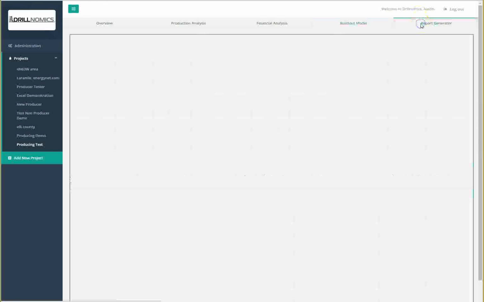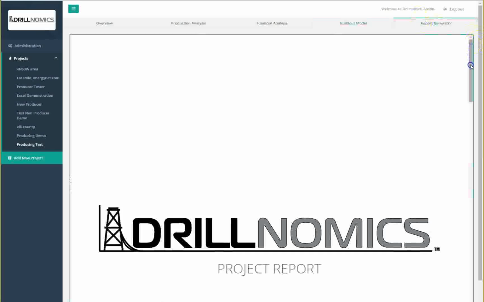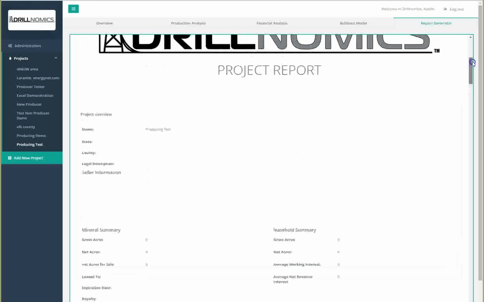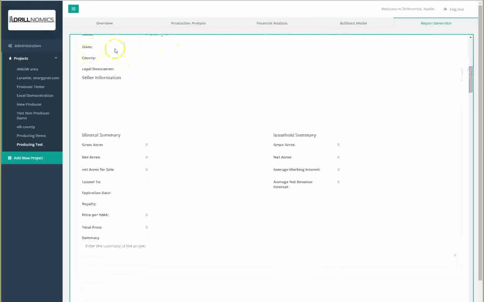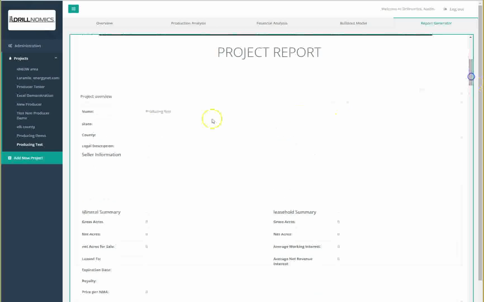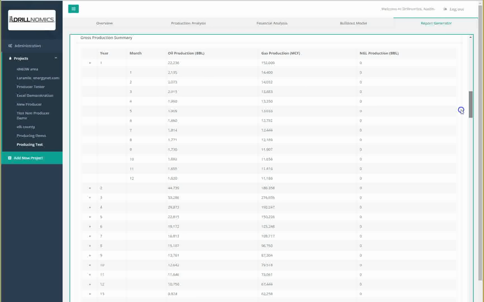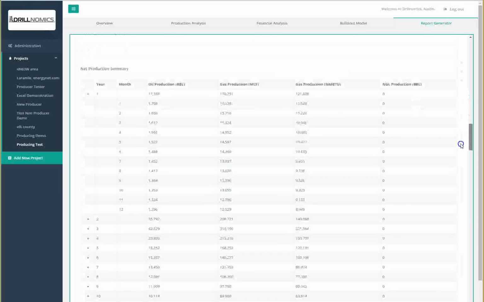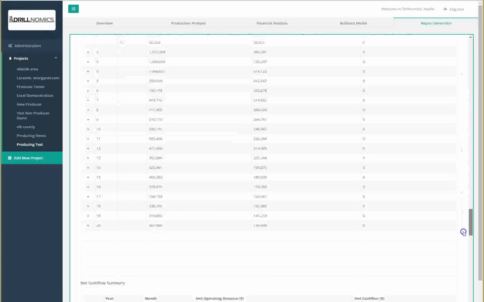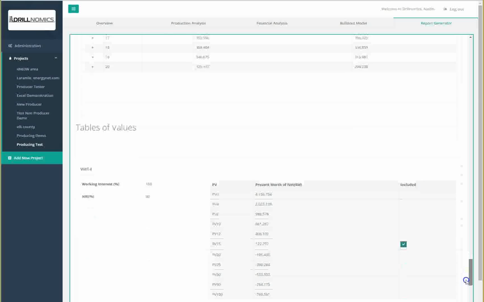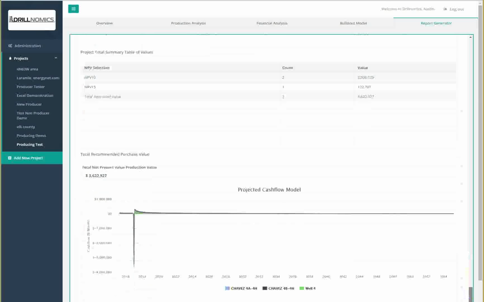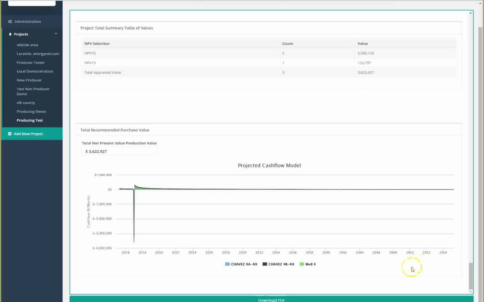We'll go to the report generator. Drillnomics automatically takes all the information you've input, which, as you saw, we did not input all the summary data. You could go back and input that and it would automatically generate all of that here. But it does show all of your oil production for all the wells that you have, and shows you all of your economic parameters. It's quite useful, and then you can go ahead and download a PDF if you'd like,